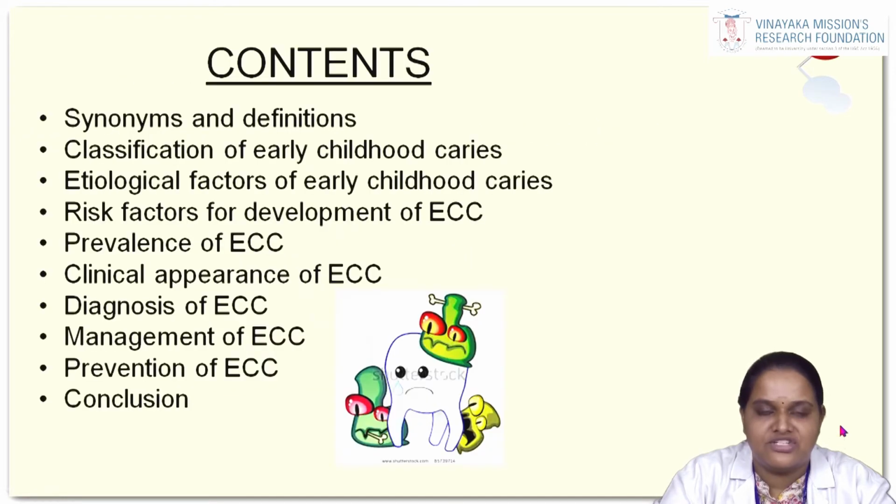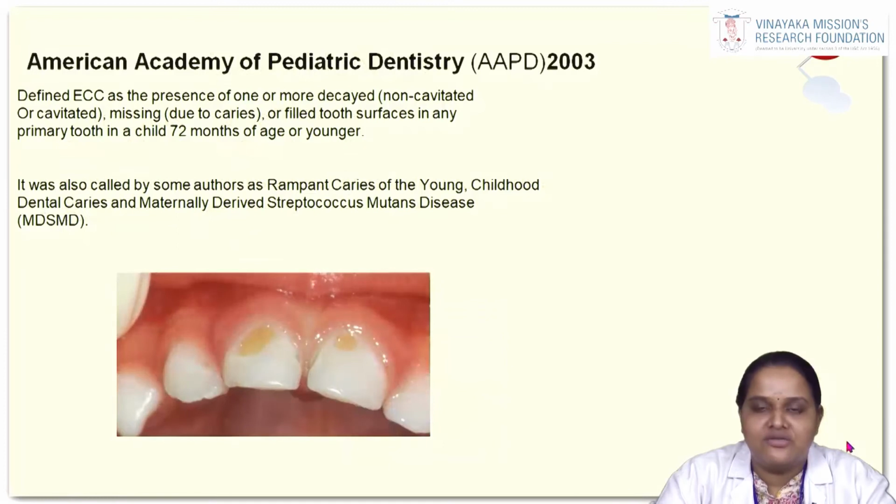To start with, these are the contents that we are going to discuss today: synonyms and definition, classification, etiologic factors, risk factors, the prevalence of early childhood caries, clinical appearance, diagnosis, management, prevention and conclusion. This is according to the definition of the American Academy of Pediatric Dentistry given in the year